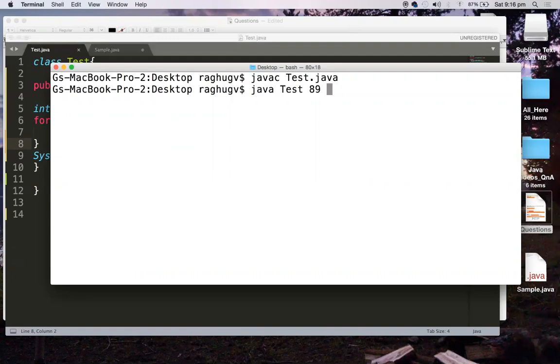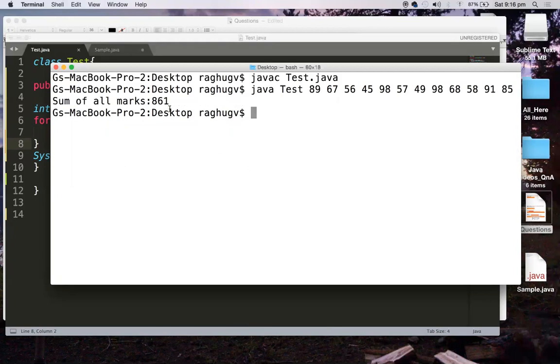Okay, so I am passing 89, 67, 56, 45, 98, 57, 40, 49, then 98 and 68 and 58. I don't know how many values I am passing, but I don't need to worry because I have that args.length. That length will give me the array of that size, and 91, and finally I am giving 85. The code finds the sum of these things.